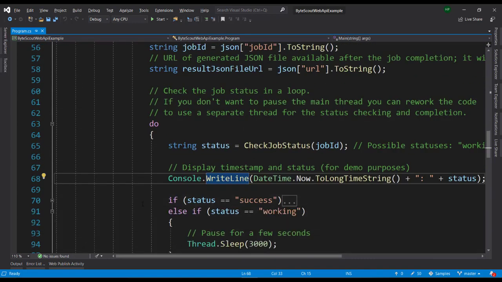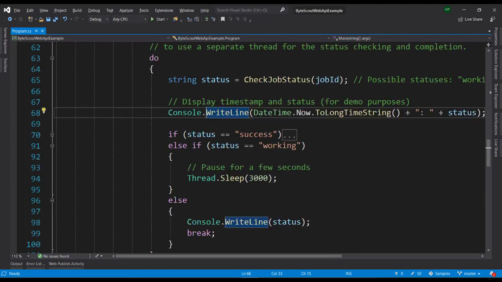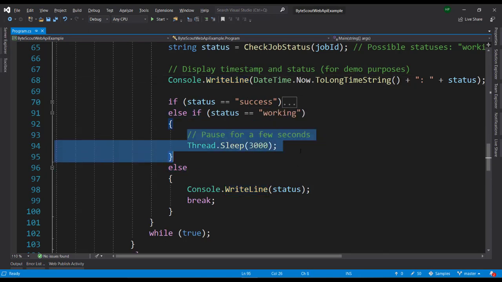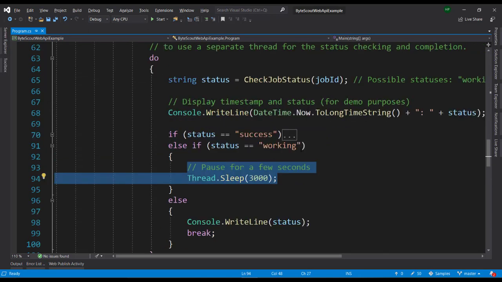So you see here, unless its data is completed, we are going into the infinite loop, and we have given a thread sleep of 3 seconds.